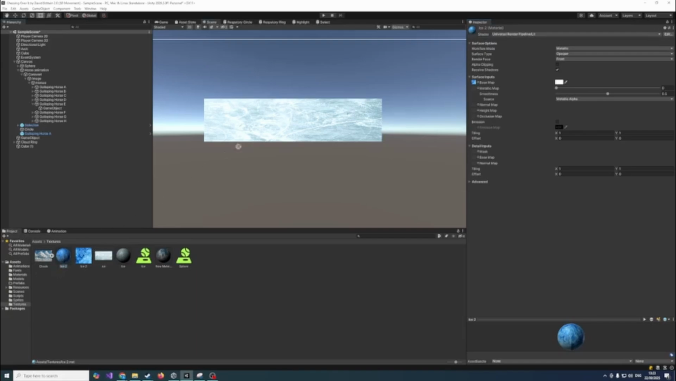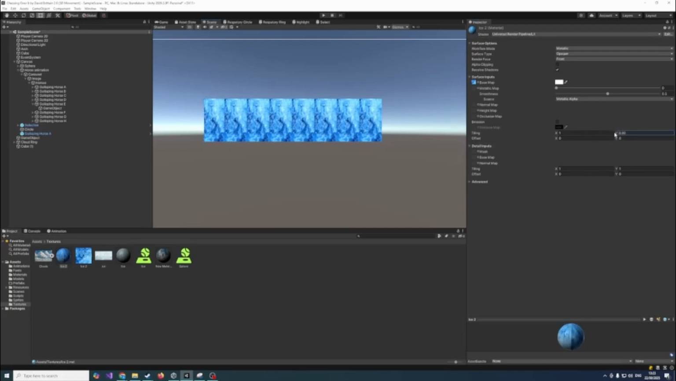Now when you try and drag it onto your rectangle, you have this repeating texture, and a way around this is if you go to the tiling and adjust the Y axis, you can adjust it so that eventually it will fit. I've noticed that 0.1 seems to be the optimal